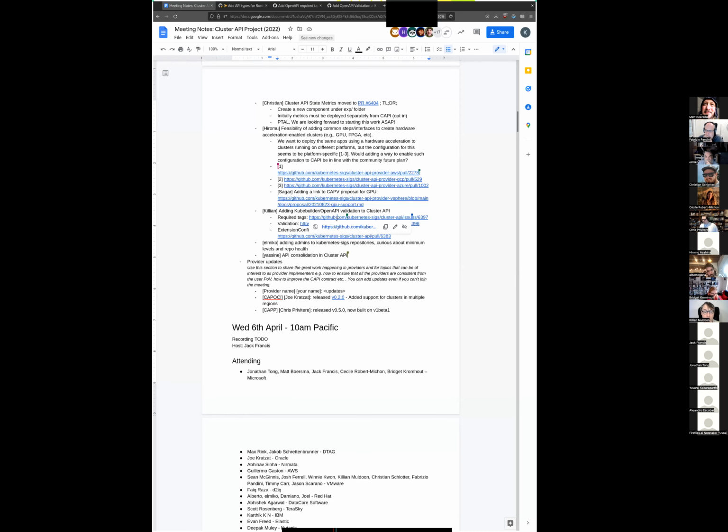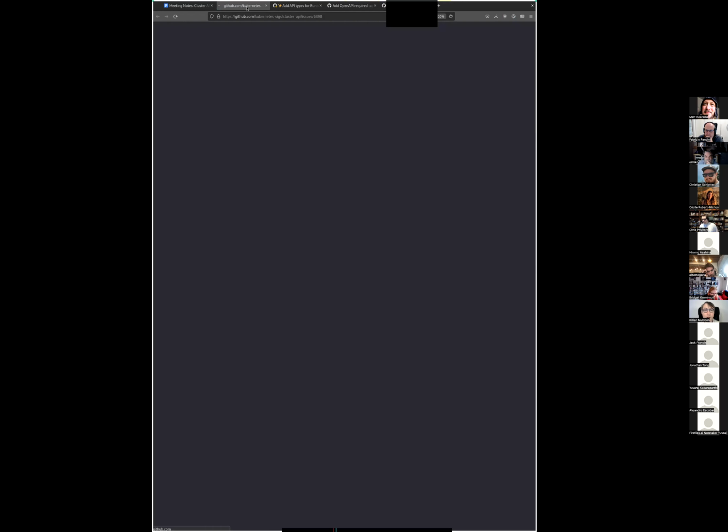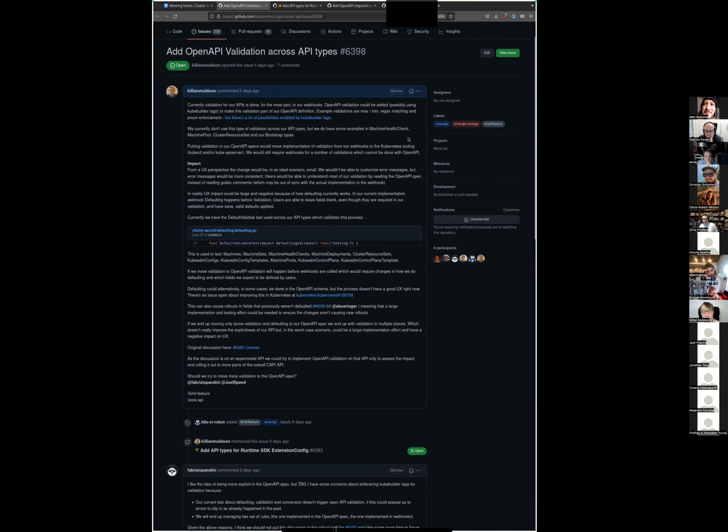There's the top one. So the second issue that came up was a broader issue of using QBuilder/OpenAPI. So QBuilder as a tool is able to generate these OpenAPI specs. So you add these QBuilder tags. It can do this required optional thing, but it can also do more complicated validation. So it can do things like minimum, maximum integers.